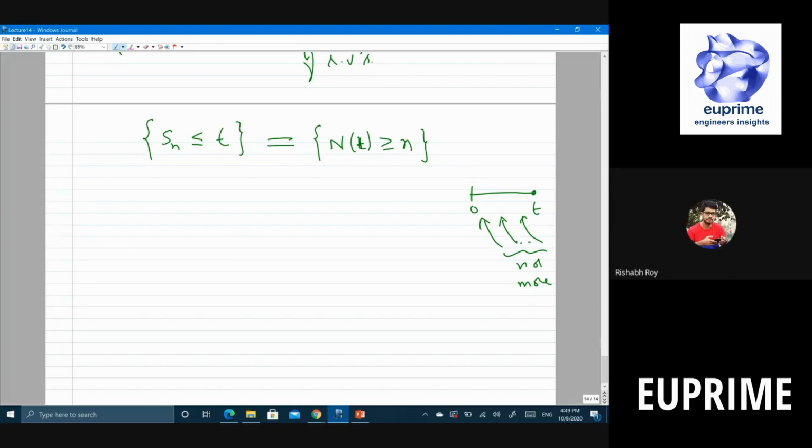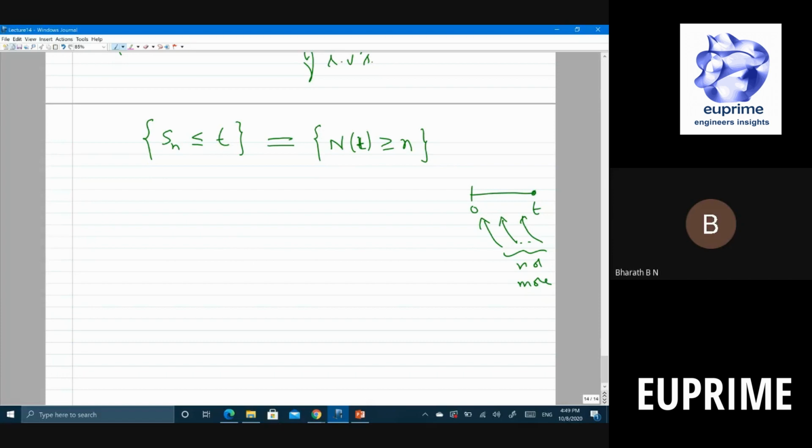Hello, sir. Yes, from the first inequality, where Sn is less than or equal to t, we can take the smallest possible value of t. Then no people can arrive. But from here, we deduce that n people arrived by Sn. No, it's not like that. So this event can happen, right? Even if you make t really small, still it's a very small chance, but that event can happen. But this t is arbitrary. I'm not saying t is very small or large. Any t that you pick, these two are the same, right?